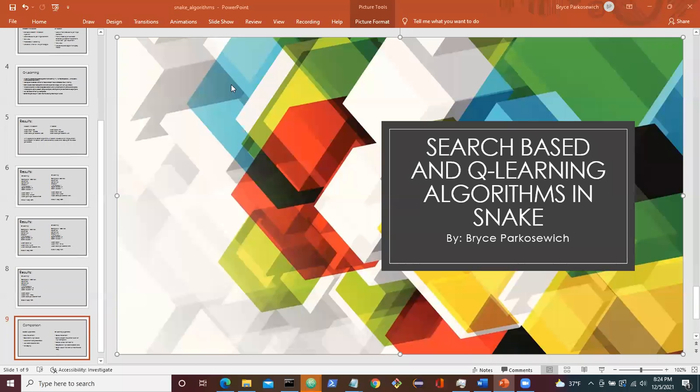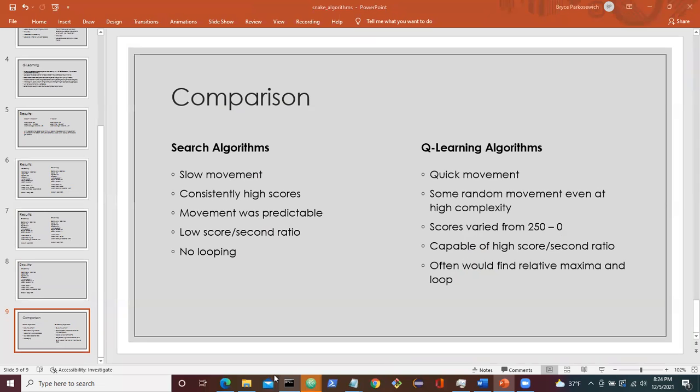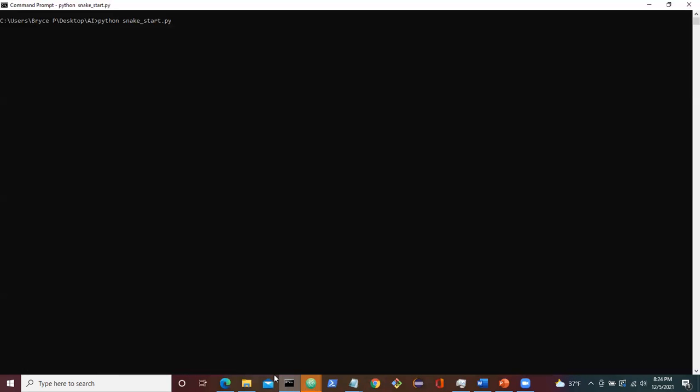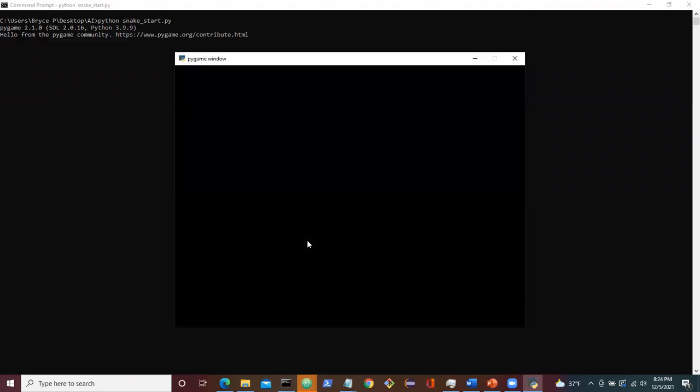Here, I'm going to show you just a snippet of what A-star search looked like. It'll run, and this is my snake game. As you can see, it goes towards the apple, finds the apple, and then continues to find the next location of the apple. This is the A-star search. It is going in a zigzag pattern towards the apple. That's because the priority is based on the Euclidean distance, which is a direct line towards the apple. So it's constantly trying to get as close to the apple as possible